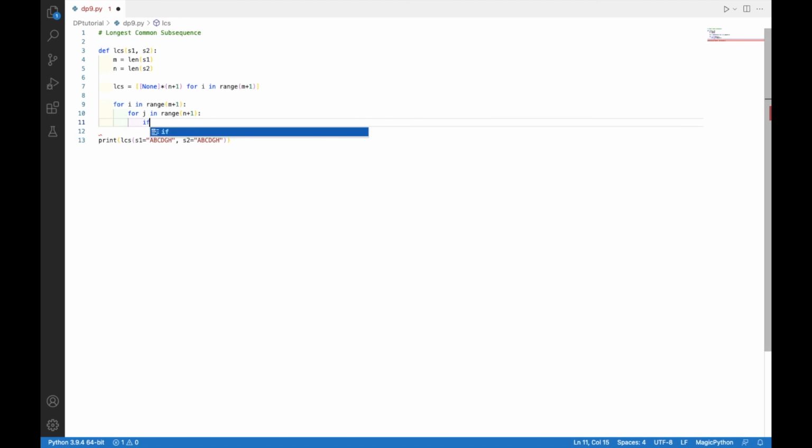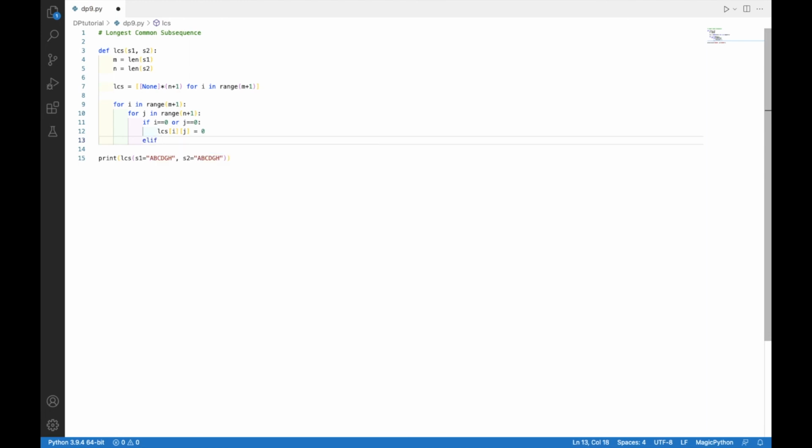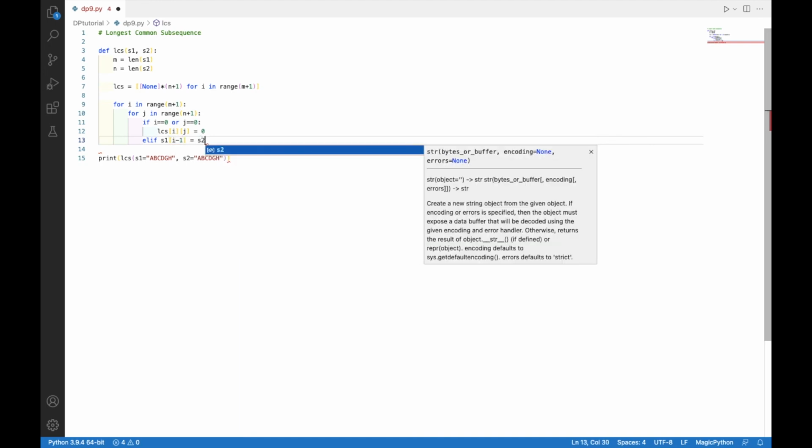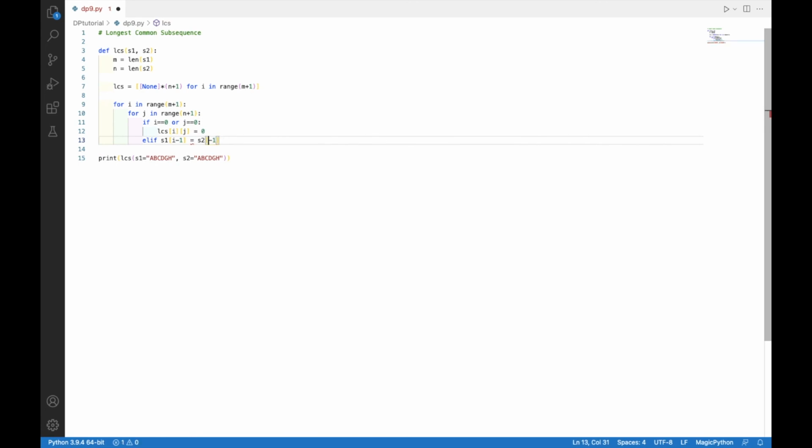In each row, I'm going to iterate row by row, and in each row, I'm going to iterate each column first. So if any one of the elements is 0, since we are using one indexing as we saw, if any of the indexes is 0, either i or j, we want the element to be 0. And if that's not the case, we are ready to put our logic in the form of an if statement. So if string 1 at i minus 1 matches string 2 at j minus 1, because we are using one indexing on the table, we have to subtract 1 when we talk about strings. So if the strings are matching,